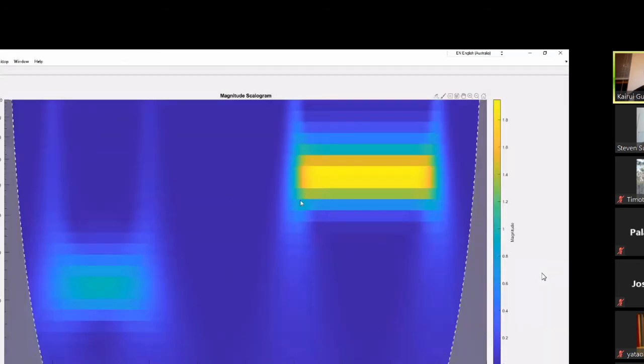So in this figure, we have 3 pieces of information. On the left hand of the y-axis is the frequency. Here is the time, and here is the magnitude in the frequency domain. So in MATLAB, I think you already know there's a data tip feature. When you click where you want, it will show you the exact number, the exact statistics. So say from 0.6 to 0.9, we expect to have a frequency relatively around